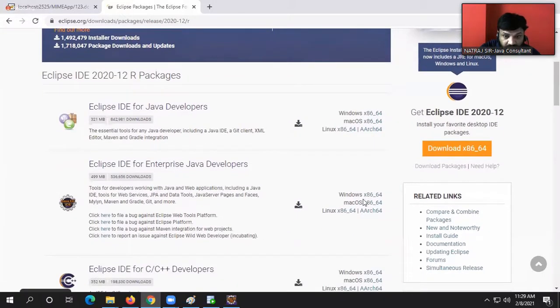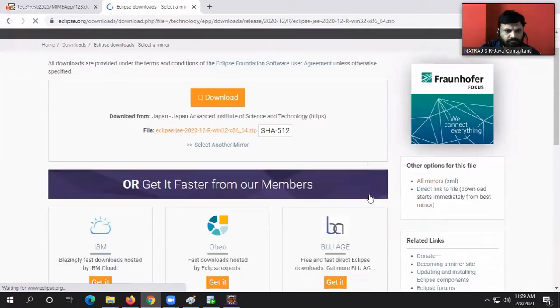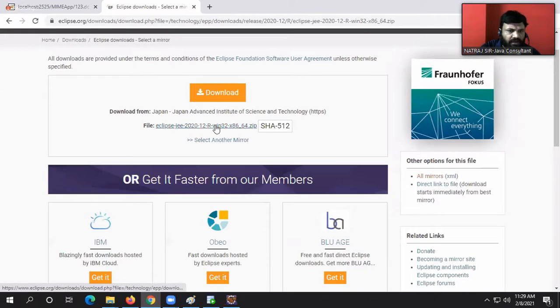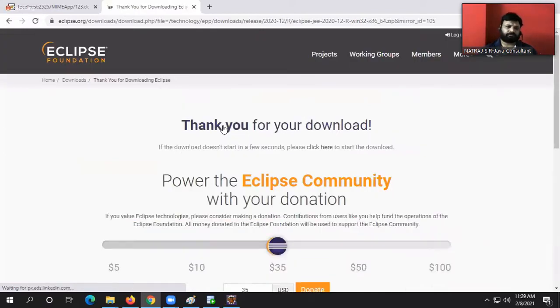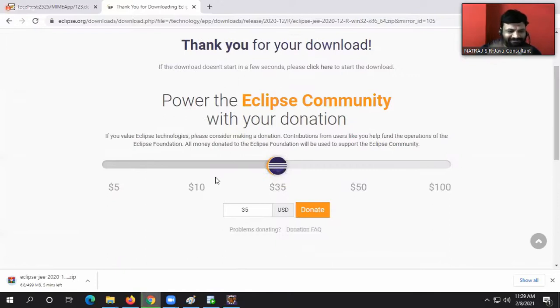That's fine. Windows, this one, Mac, this one. Yes, here we have the option of download, guys. Check it out. Zip download. It's asking for a donation. If you are interested, give. Otherwise, leave it.